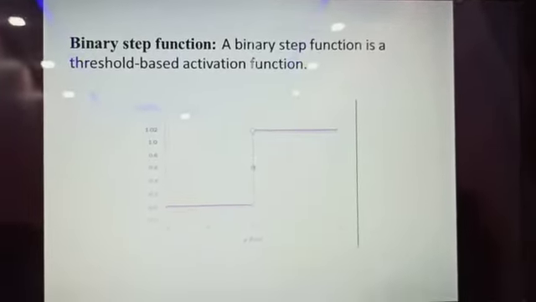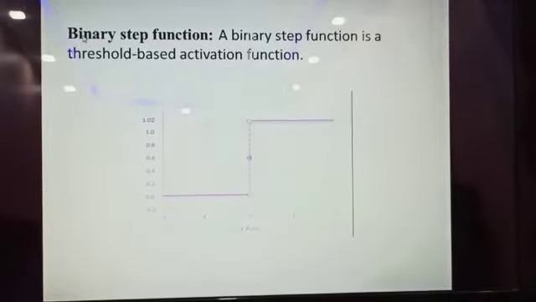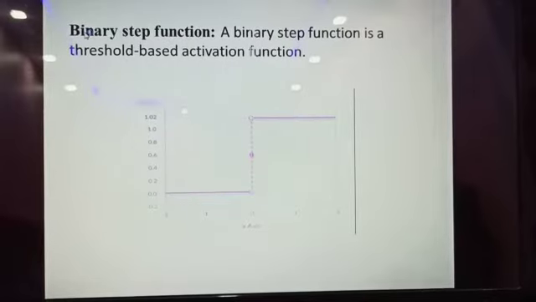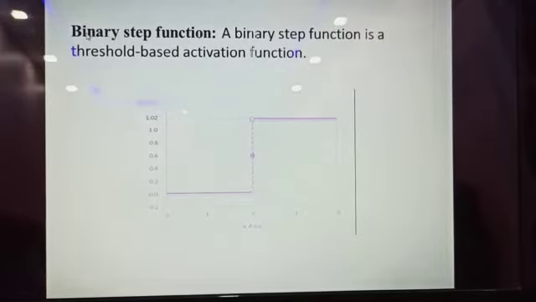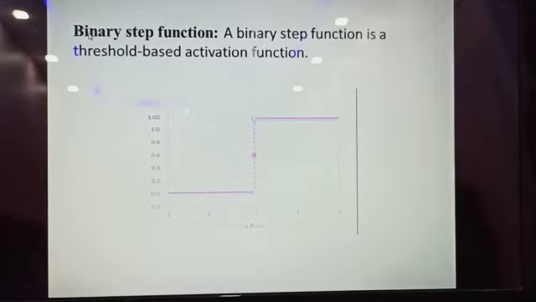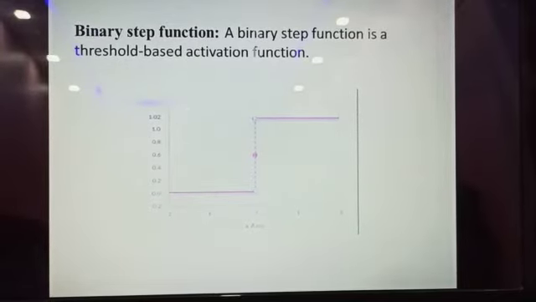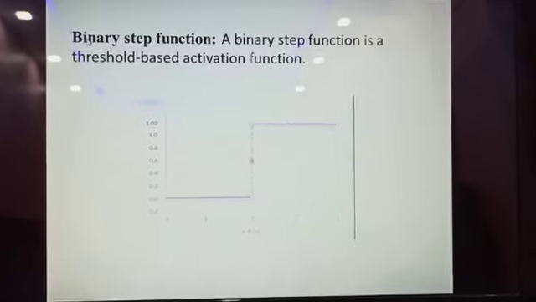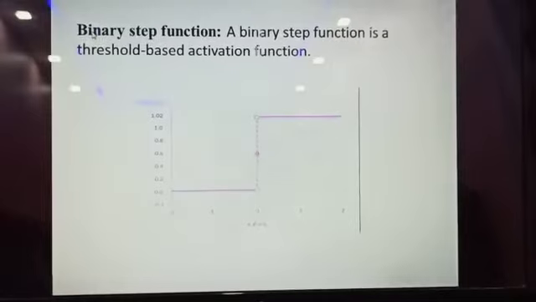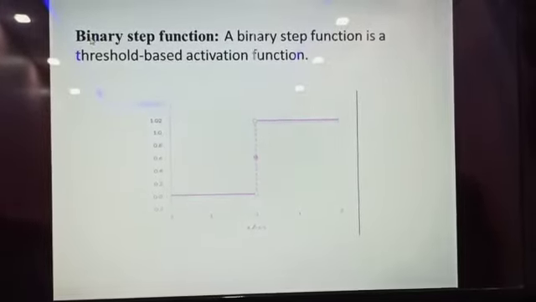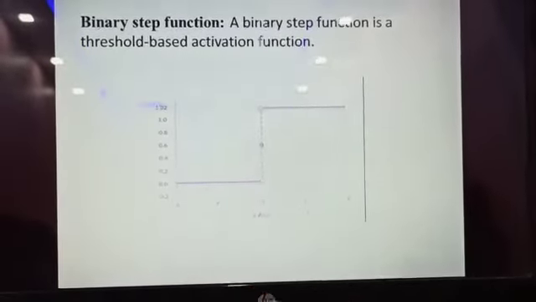Next, binary step function. Binary step function is a threshold based activation function. If the input value is above or below a certain threshold, the neuron is activated and sends exactly the same signal to the next layer. The problem with the step function is that it does not allow multiple value outputs. For example, it cannot support classifying the input into one of several categories.